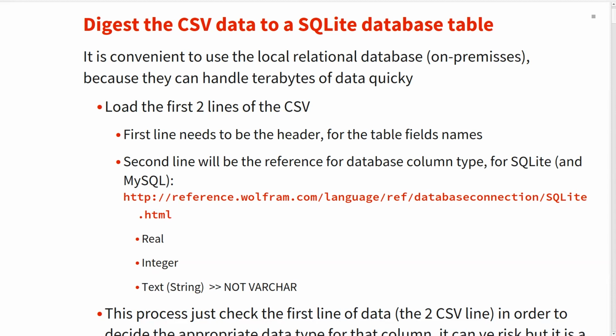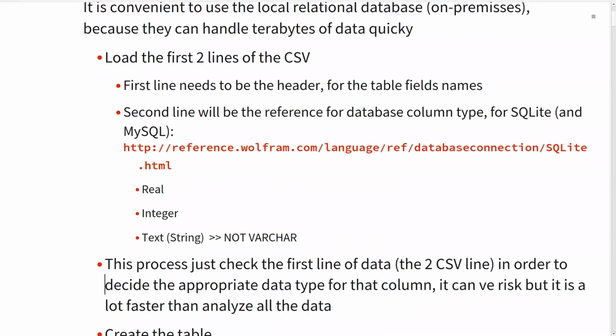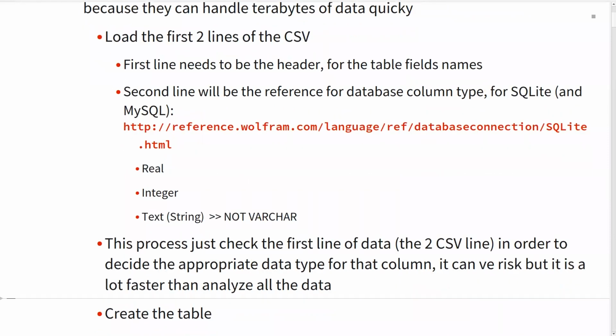It's a hell, and so usually I load whatever it is as text, and later I can create a column, and by query, I update that column and transform it into just one kind of data. But data is really messy. It's really messy. Well, I'm gonna show you here how I work with this thing.